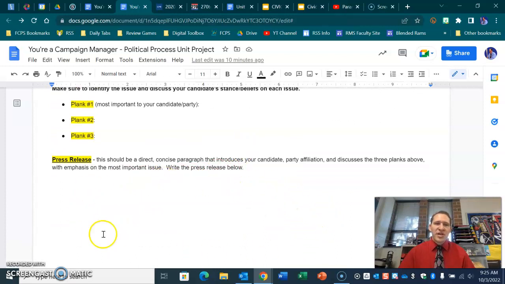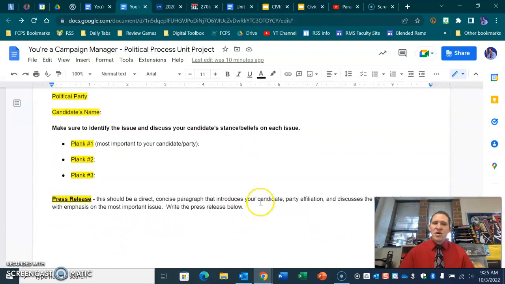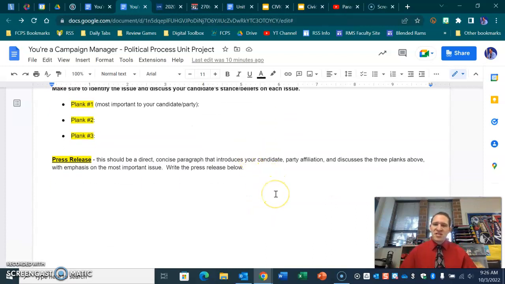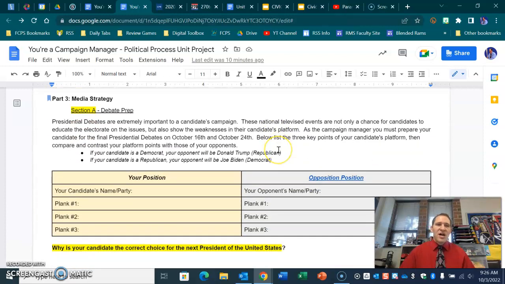You're going to write a short paragraph that identifies your candidate and their party and discusses the 3 planks and summarizes their beliefs on those 3 issues. Okay. Another person might do the media strategy,